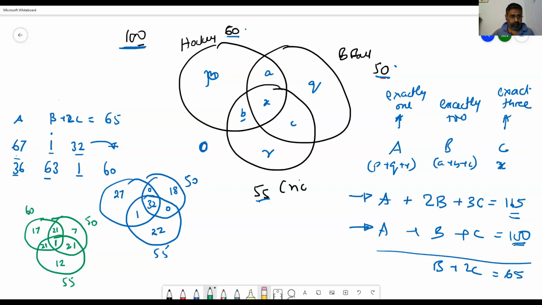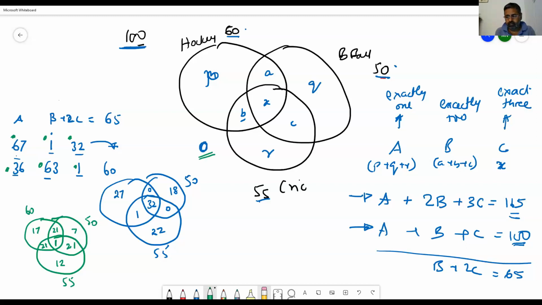So if you've got all the maximum and minimum values, this is the maximum value for your single guy. The maximum number of people who will play one game is 67. The minimum number is 36. Here you have a minimum, maximum, maximum, minimum. Is that okay? I'm stopping for the time being. Any questions? Because I've talked about a method, and this method works perfectly when this value outside is 0.